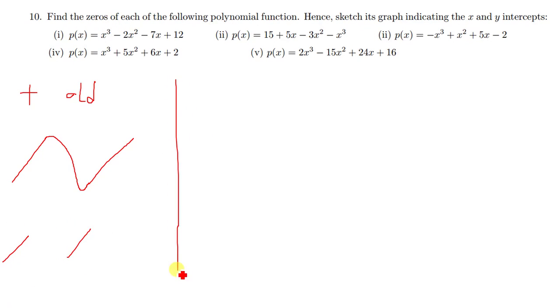The same applies, on the other hand, when you have a negative leading coefficient with an odd power. Then it's going to start with a negative gradient and end with a negative gradient. What's in between there will depend on how big your power is. So since this is raised to power 3, it's going to be just like that. So when you have a negative leading coefficient,